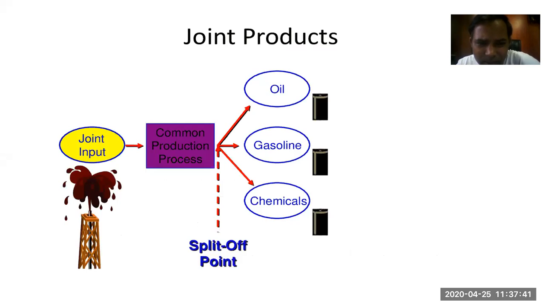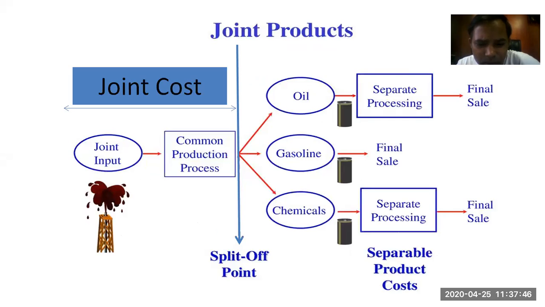This is the example of joint products. This is all about the various terminologies seen in the previous slide. When a common production process is going on, its cost is known as joint cost. The point from where more than one product is separately identifiable is known as the split off point. Any expenses related to a separate product incurred after the split off point are known as separable cost. So all these products have their own separate cost as well as separate sales value.